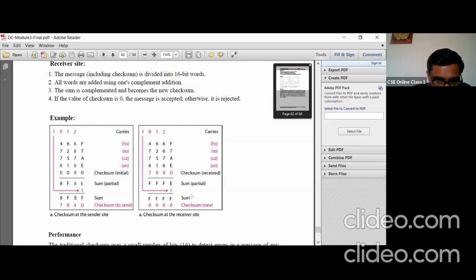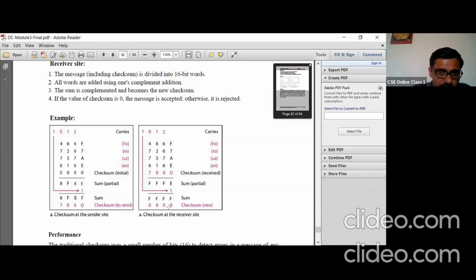So this is your sum. Again take the 15's complement of this. After taking the 15's complement, you get 0, 0, 0, 0. This is the checksum calculated at the receiver side.